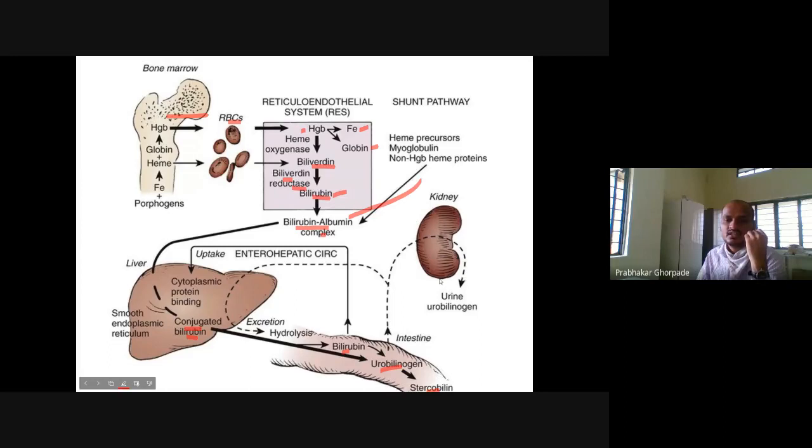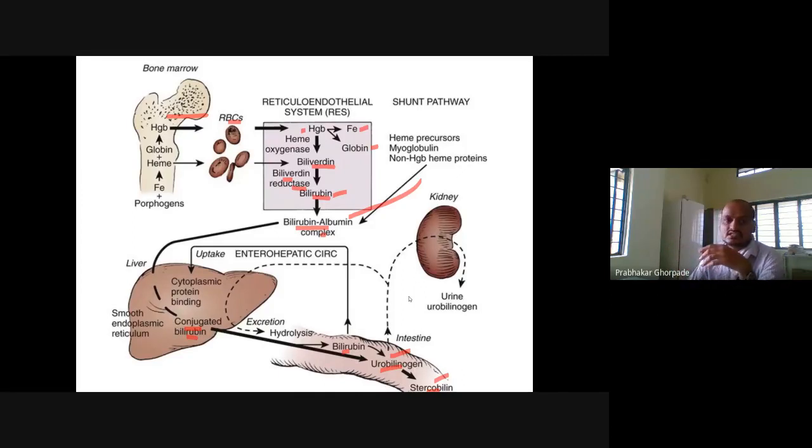Basically, the brownish color of the feces is because of stercobilin, and the yellow color of the urine is mainly because of urobilin, after urobilinogen conversion. This conversion is important, and sometimes people don't process bilirubin properly and they will have jaundice. That is why you can see yellowish discoloration of the sclera of the eye, or yellowish coloration of the skin, in jaundice.